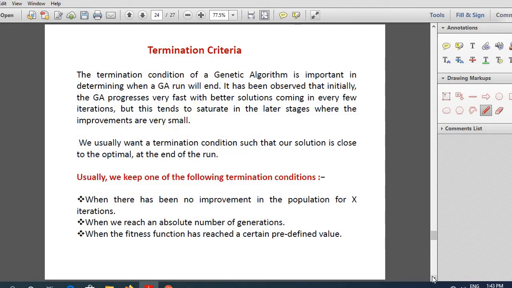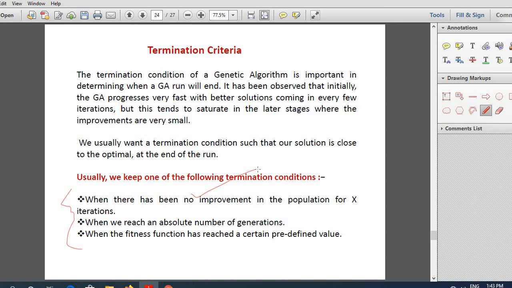So now next is, what is the termination criteria used in GA? So how do you stop the running of the algorithm? That is, what is the meaning of termination criteria? So there are three main termination criteria as far as I came to know. One is when there is no improvement in the population for X iterations.